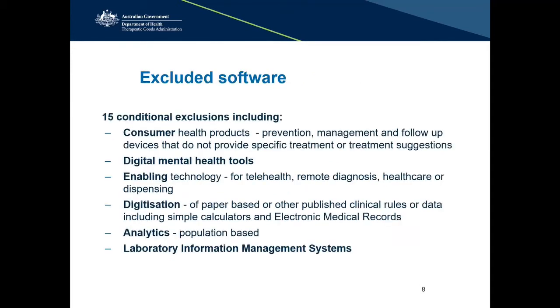So I mentioned we introduced a number of exclusions. There were 15 total that we have introduced. These can be loosely grouped into these categories. The first being for consumer related products, so these are products intended for the prevention and management of conditions that are not serious. There's an exclusion relating to digital mental health tools that are completely based on established published clinical practice guidelines. There are some exclusions in place to clarify that certain enabling technology isn't regulated, such as communications platforms for telehealth